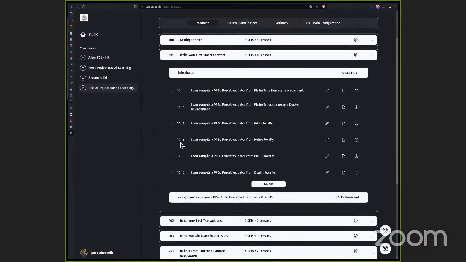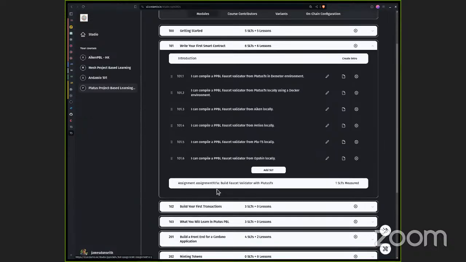We're going to deliver, maybe not in all of these languages, but in some subset of Plutus TX, Aiken, Helios, PluTS option. Maybe there are other ones missing from here. We're going to deliver the same simple contract so that people can start to learn from it. And then that becomes a resource that we can refer back to anytime.